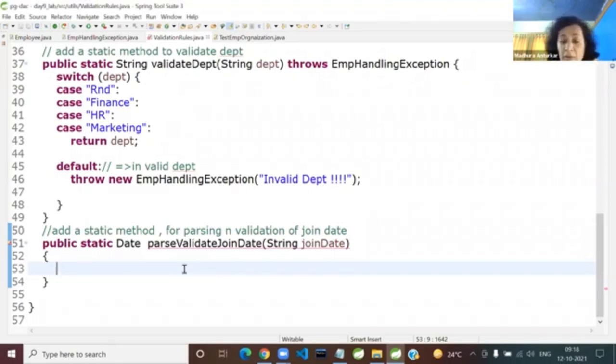Okay, so now you tell me, what is the first thing I should do? Parsing first or validating first? P or V? Some of you are saying validation. Guys,